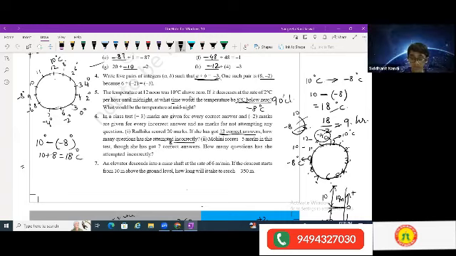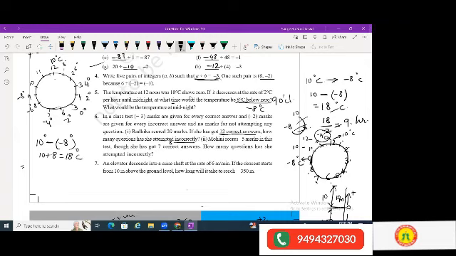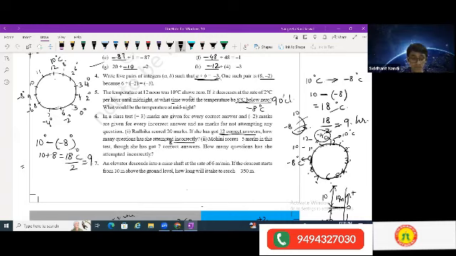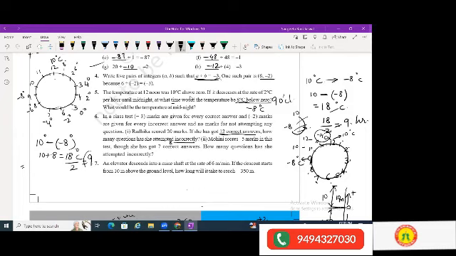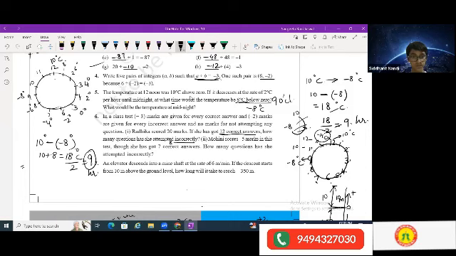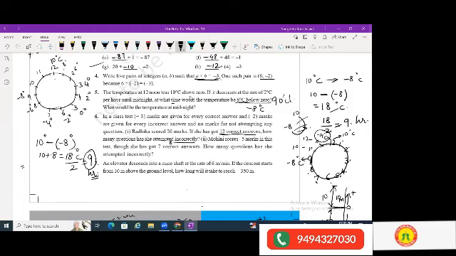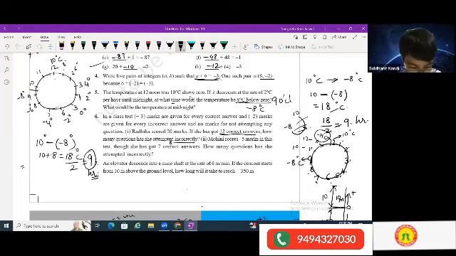Okay, now we know that in every 1 hour the temperature is dropping by 2 degrees. So that means if we divide this by 2, we will get 9. That means at 9 hours, the temperature is becoming minus 8 degrees. So this is how we got it, and here also we saw it in the picture.